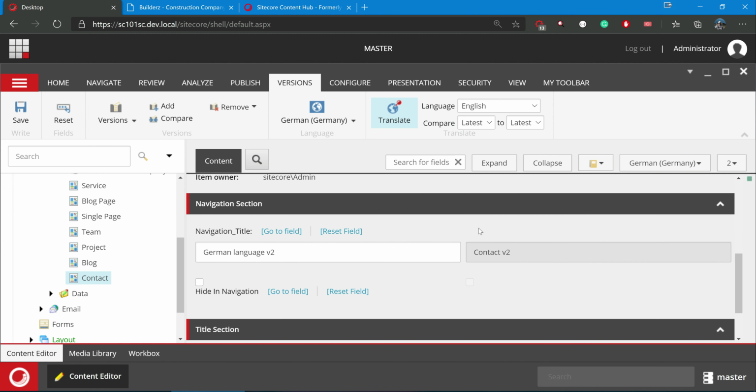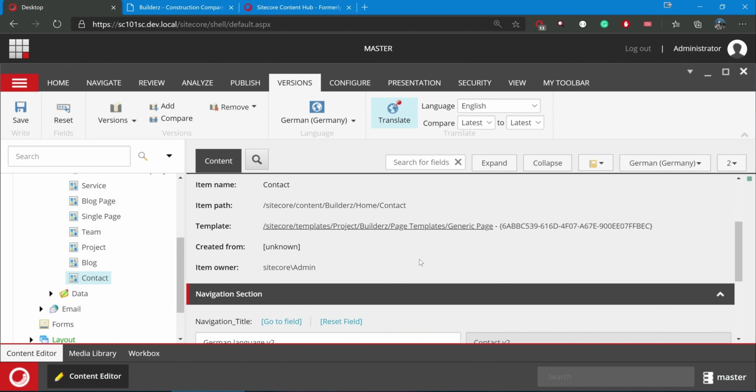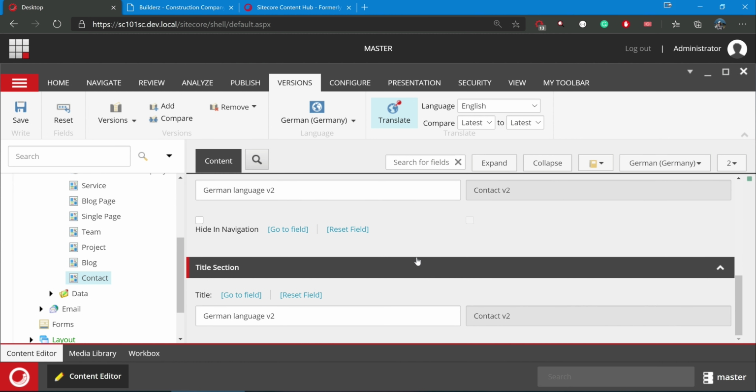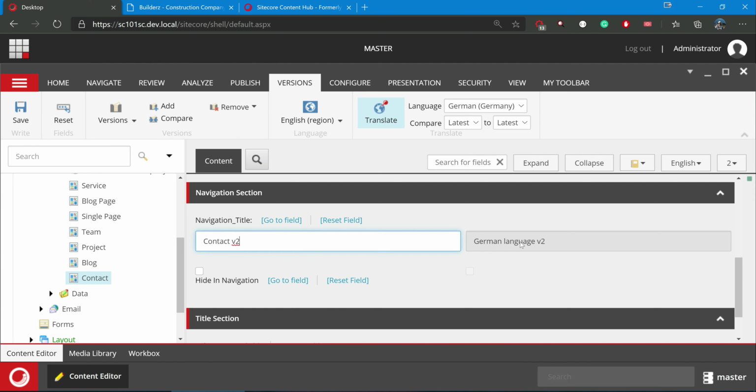You can see at the bottom here, the left side is the German language and the right side is the English language. There is no conversion available here, even though it says translate. It just shows content authors what is there in the particular language. So maybe the other way around would be more helpful. So English and German, so they can just see here, if they are trying to enter here.